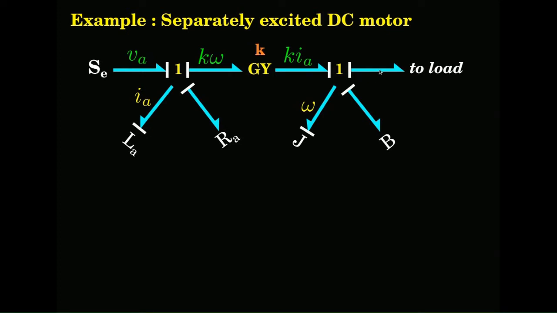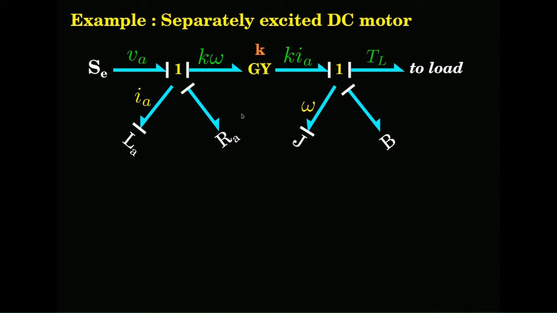As the load is right now unknown, you can consider it as a disturbance. I do not know when a load will be put, when it will not be put, what type of load, what the dynamics are. All those things are not known. So, most of the time the loads are considered as disturbances. But whatever the load you apply, it will get reflected and automatically that much power will be drawn. So, let us say the reflected load is TL. Now, these are the variables that you have.